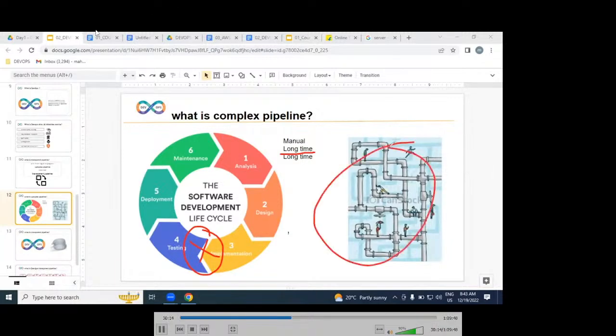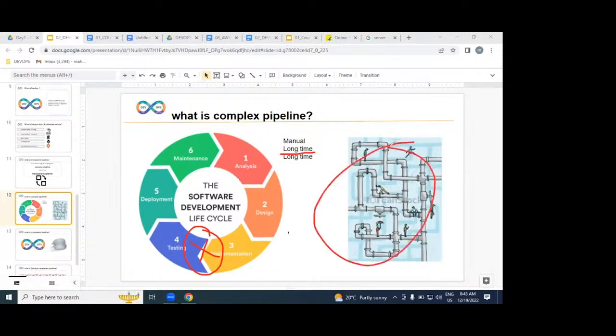Example, a water pipeline. The water pipeline is underground. Somewhere there is a blockage, not a leakage, a blockage. Can you find immediately where the blockage is? Experts are required, or not? We need to pay more salary, more amount, or not? Even experts cannot resolve it within half an hour, within an hour, within a day. No, it will take a long time. The same happens in the SDLC process. If you get any issue or problem, identification will take a long time, and resolving the issue will also take a long time.